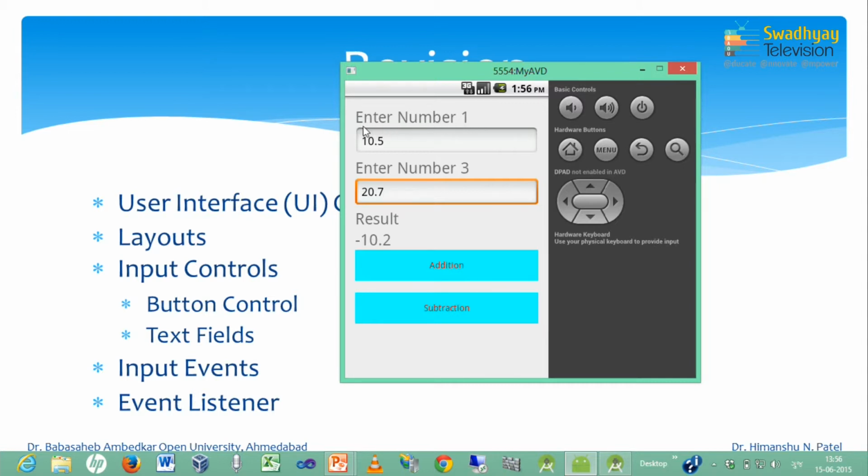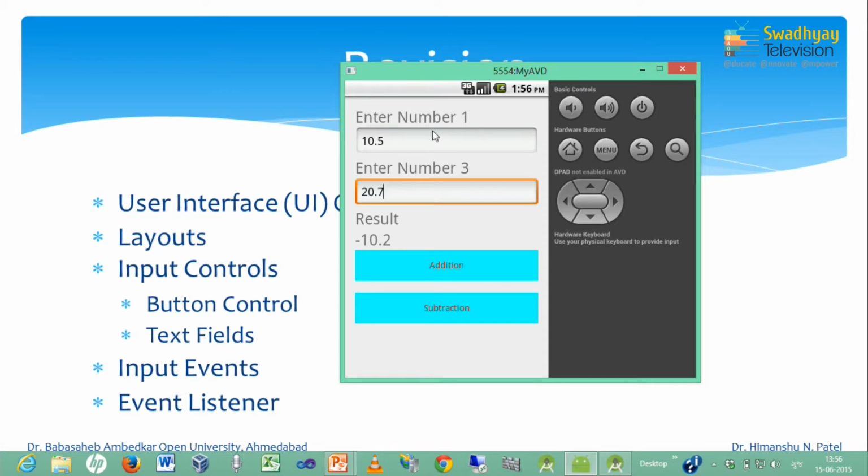This is called a text view control, which is used to display text. Then there is a text field or edit text control, which accepts number 1 from the user. The third line is enter number 2, which accepts number 2, and finally, this result is again a text view and the answer is also a text view.